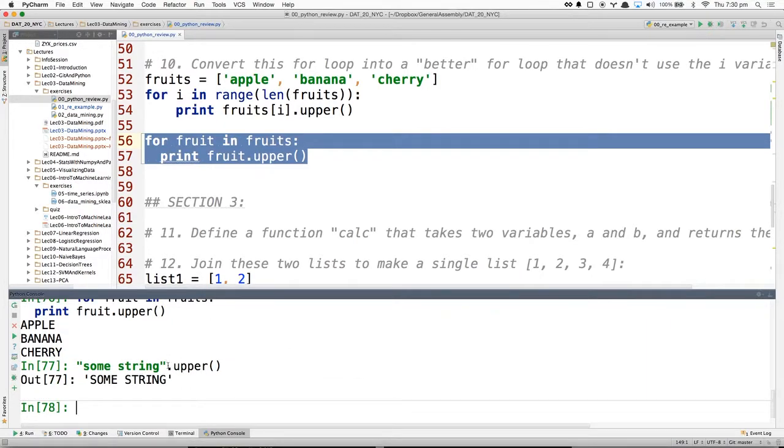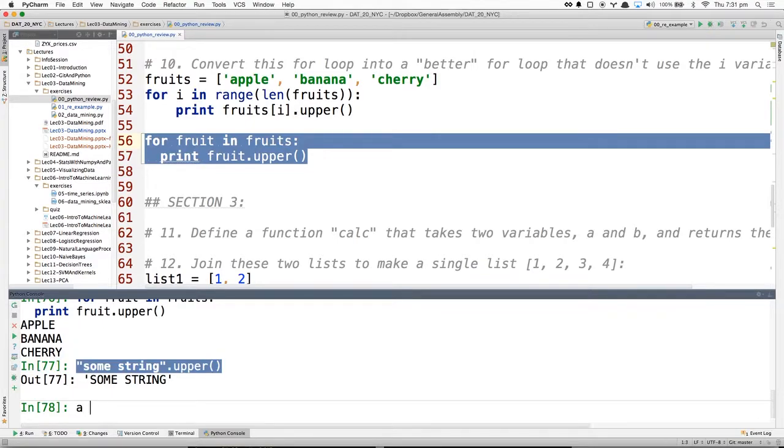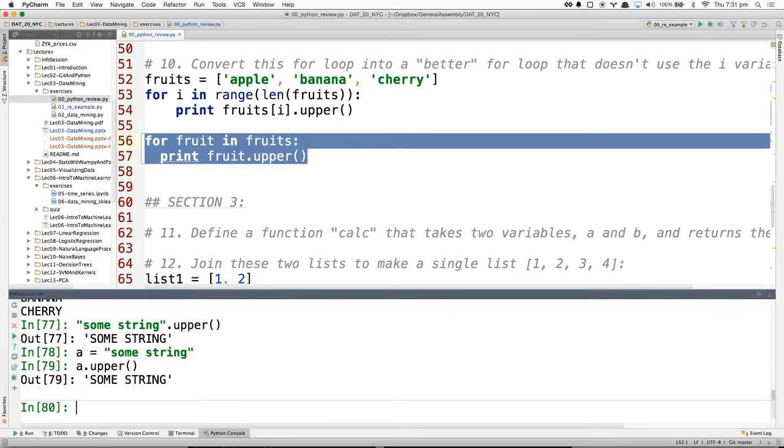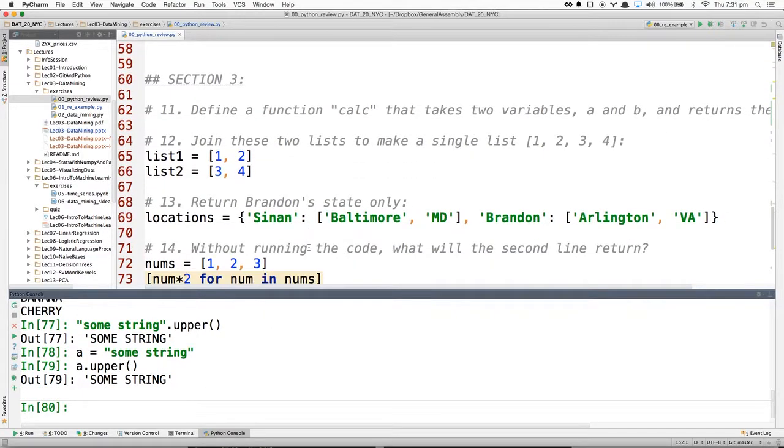And again, I can call functions on literals. We call this bare form a string literal. It's literally a string. If I call upper on that string, it acts the same as if I assigned it to a value, some string a dot upper. Cool.